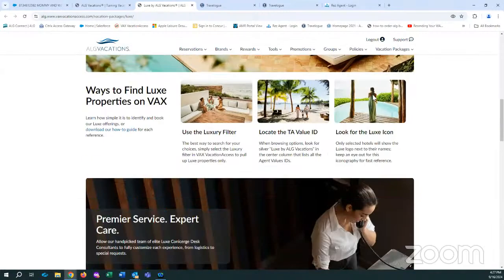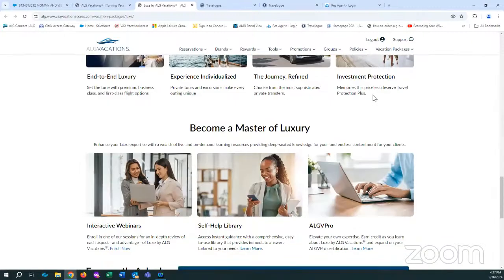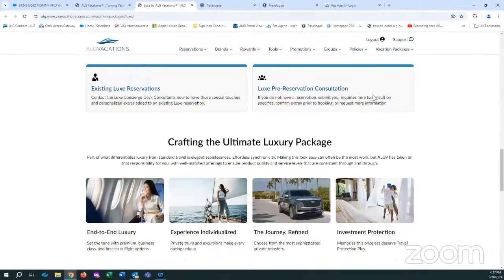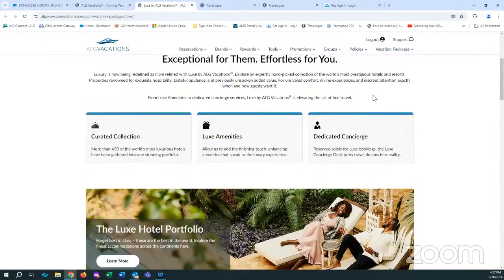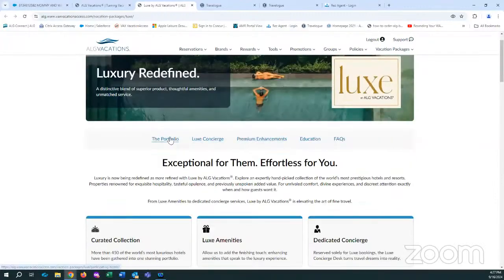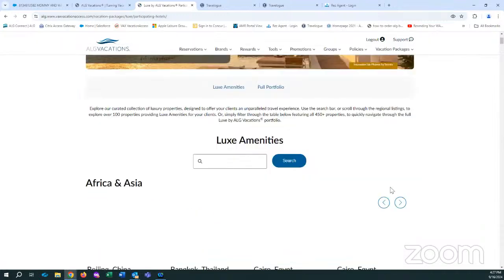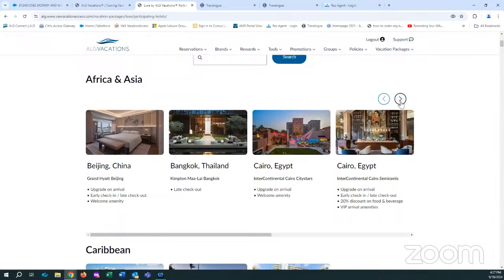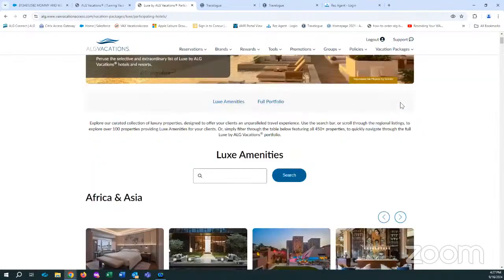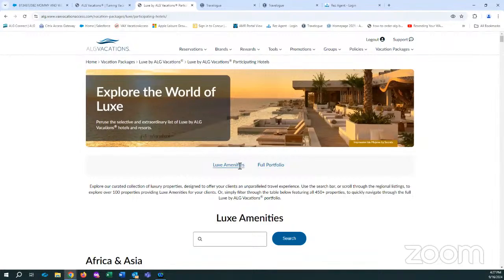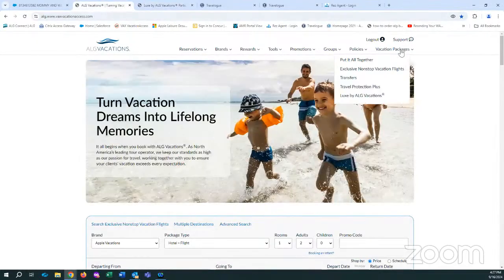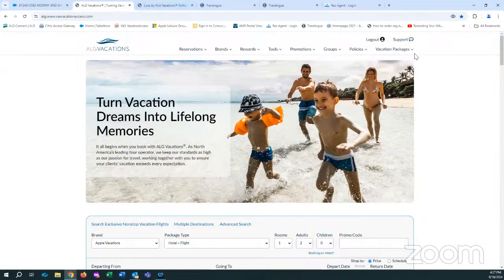There's a whole list of hotels that you can find here, if you want to find specifics of what hotels, how it all works together, Lux amenities. We've got the entire portfolio here that you can find by continent, by destination, Africa and Asia. So this will give you a running view of some of that. And then there's another page here for the amenities that's going to show you specific different amenities that we've contracted with these Lux hotels around the world. And you can jog back and forth between the different tabs.